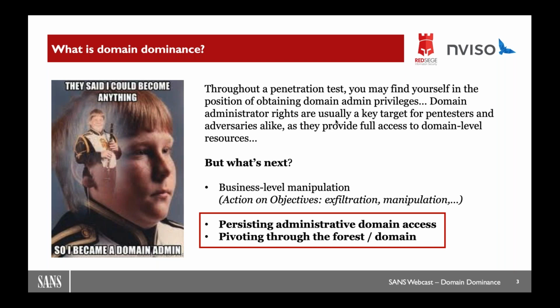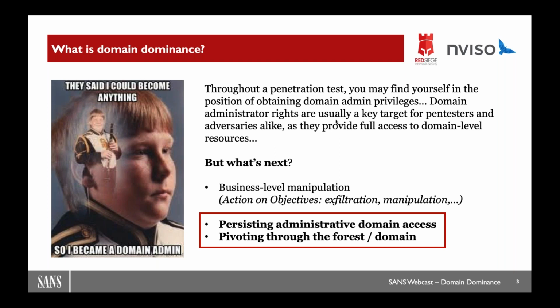From a technical level, though, and that's what we want to mostly discuss today, they could also try to persist that kind of access. We all know persistence strategies like having a scheduled task, implementing WMI event subscriptions, having a service installed on a system, but we can also try to persist our elevated domain admin rights onto the Active Directory, and that's an interesting concept. So how can adversaries achieve this?